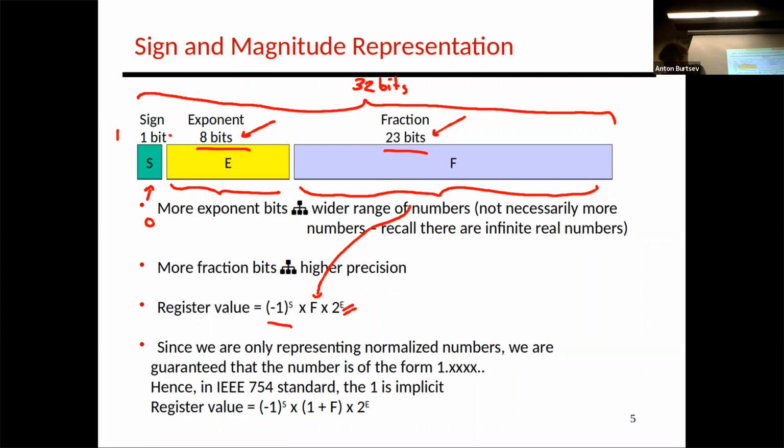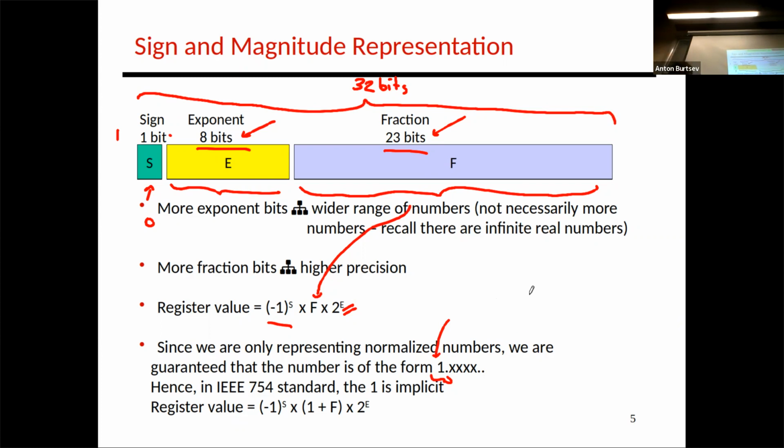Remember that we always said that this digit on the left side of the dot is always 1, right? Do you agree with this? In a normalized form, because it's a binary system. In decimal, it would be 1, 2, 3, 4, 5, 6, 7, 8, 9, but not 0. But in binary, it's just always 1. We can do the same trick as we've done for those relative branch instructions and jump instructions. We say, look, we don't have to really keep this bit around. If we know that it's 1, let's just know it and not bother about it.